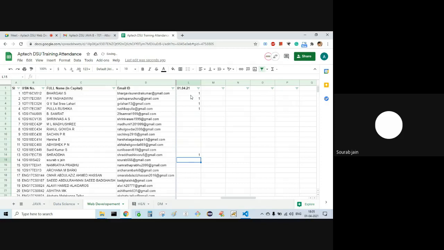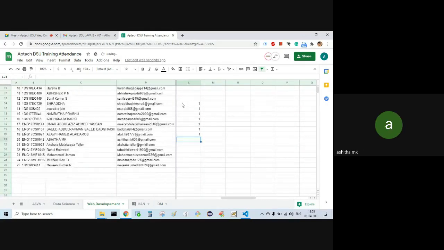Saurabh S. Jain, yes, sir. Namrata Prabhu, present, sir. Archana, present, sir. Omar Abdul, yes, sir. Saeed Abdul, yes, sir. Laviani, yes, sir. Shita, present, sir. Rahul Pelavadi, Mohammad Usman, Moin Ahmad, Naveen Kumar, present, sir.